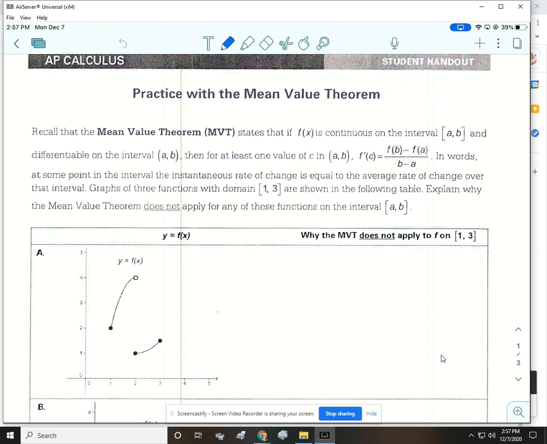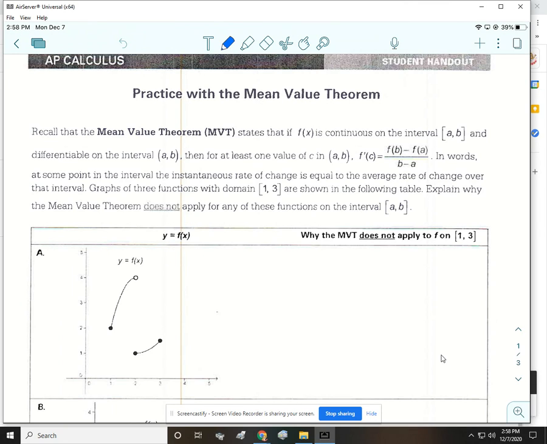All right, we're going to do some more practice with the mean value theorem, and this is some work that the College Board put out that I think is very, very helpful with understanding the mean value theorem. So we learned this yesterday, so recall that the mean value theorem, or the MVT, states that if f of